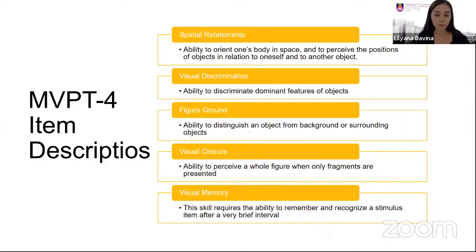Okay. Third one, figure-ground. On the other hand, is a form of visual discrimination that involves the ability to distinguish an object from background or surrounding objects. Okay, figure-ground ni adalah keupayaan kita untuk membezakan objek dari latar belakang atau objek sekitarnya. Bayangkan sekarang you tengah tengok longgokan alat tulis di atas meja. Okay. Walaupun semua alat tulis tersebut bertindih, kita masih boleh recognise dalam longgokan tu ada pencil, stapler, pemadam and so on. Okay. So now you faham what is figure-ground lah.